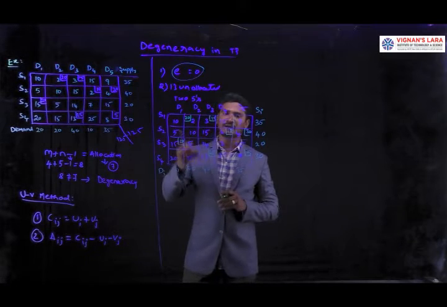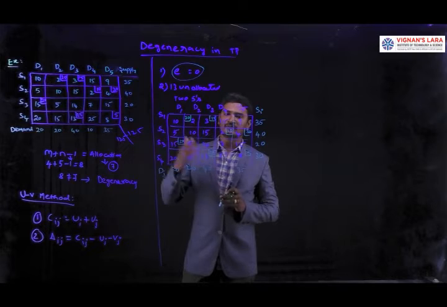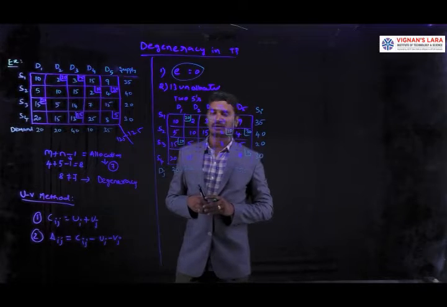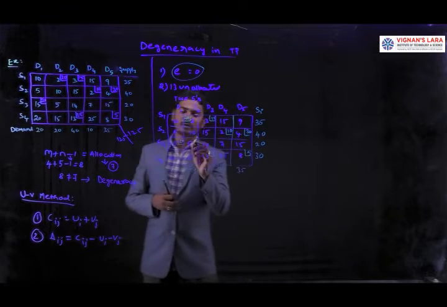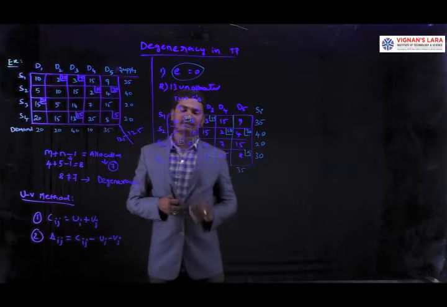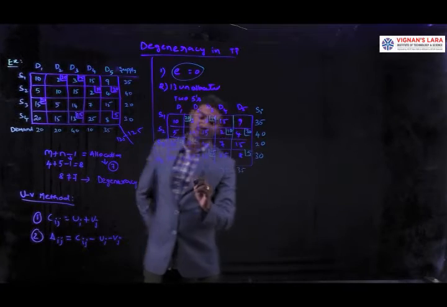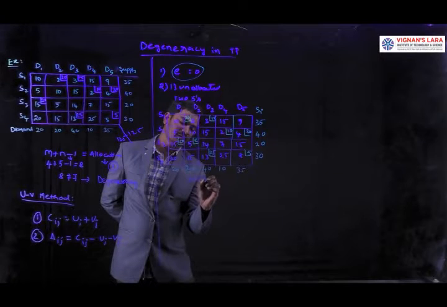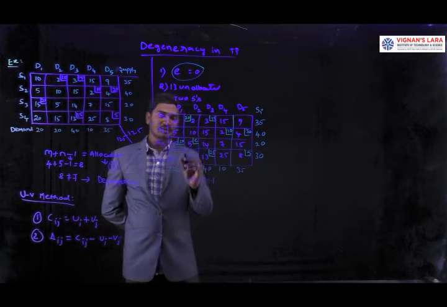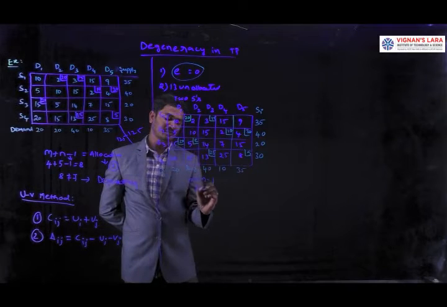Here in our case we have two minimum, same values. So we are going to take any one cell and assign the epsilon value arbitrarily. Okay, now I take this cell and allocate the epsilon value here. Again we are going to check m plus n minus 1. Here, what is m plus n minus 1?